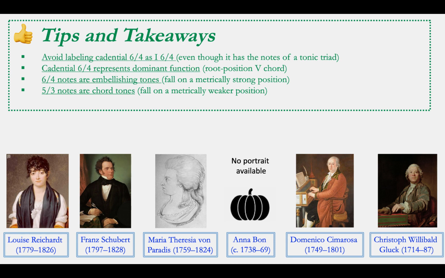Those 5-3 notes, they fall on a metrically weaker position. So you might see the 6-4 on beat 1 and the 5-3 on beat 2, for example. That's typically the way we see accented, metrically strong embellishing notes resolving. That's about it for cadential 6-4. You'll get some practice with the analysis in the homework this week, and I wish you a very happy